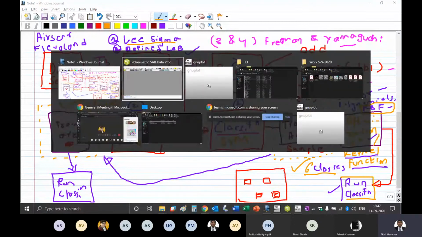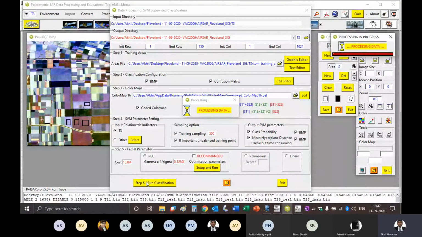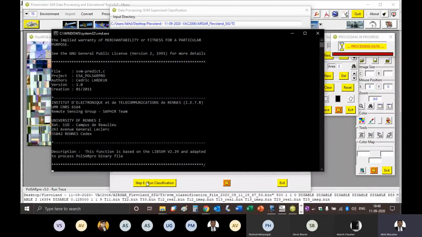So let's go back. Now I'm saying run classification. Okay, so it's running the classification. It will take some time based on the RAM that you have. In the meantime, if there are some questions, I can have some.